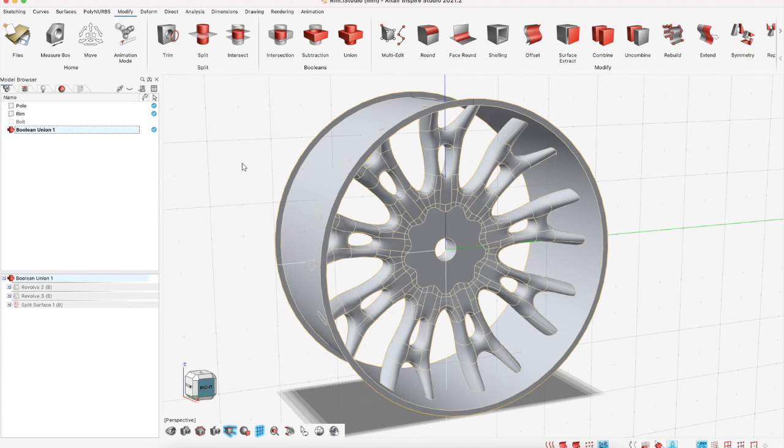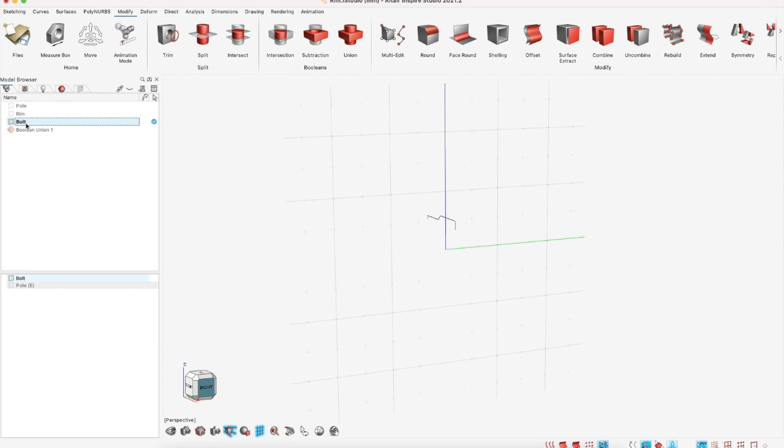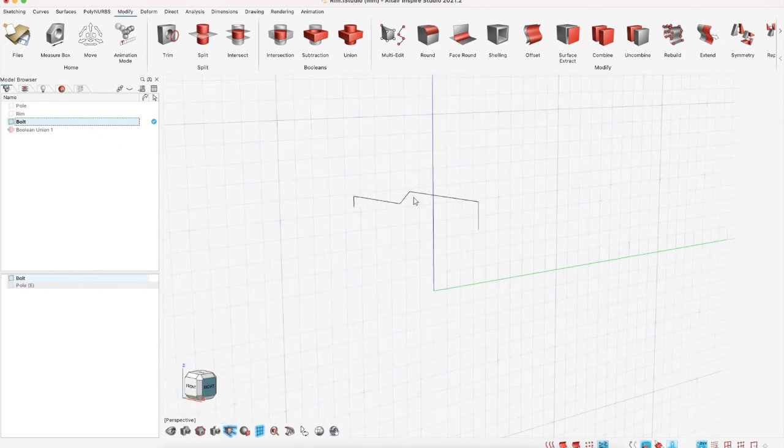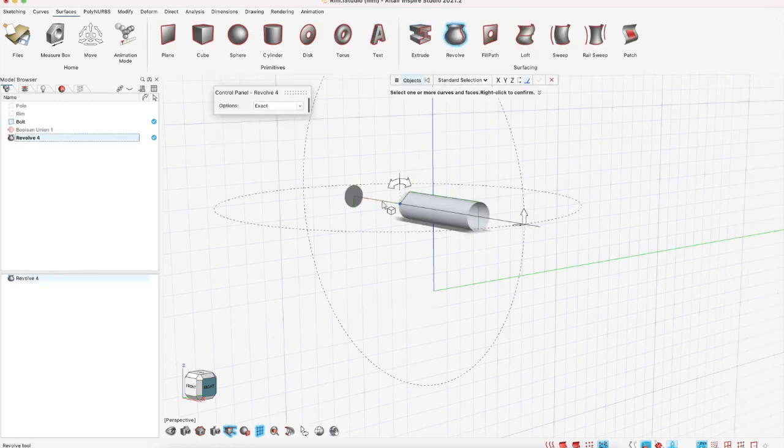Thing I'm missing is the holes for the bolts. Well, I have already prepared a sketch that will be those bolts. So if I show this and I select it and I press the Y, then it gets isolated and I can work with it. So this shape I want to revolutionize around the X-axis. So let's go to the surface ribbon, revolve, click the shape, and then I need to